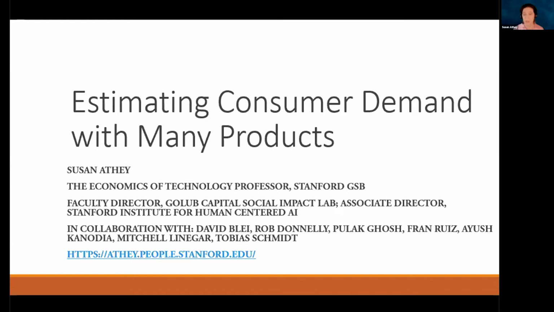But some of the questions and themes you'll see will be similar, both in attention to thinking about when you take machine learning into causal inference, you have to put a lot of attention into how you're training your models, what the objective is, and how you're validating the models. And so those themes will come in today as well. And then a second theme will be personalization. And so I've listed out my many co-authors. We have a couple of papers, and you can check out my website to see the different papers in this line.